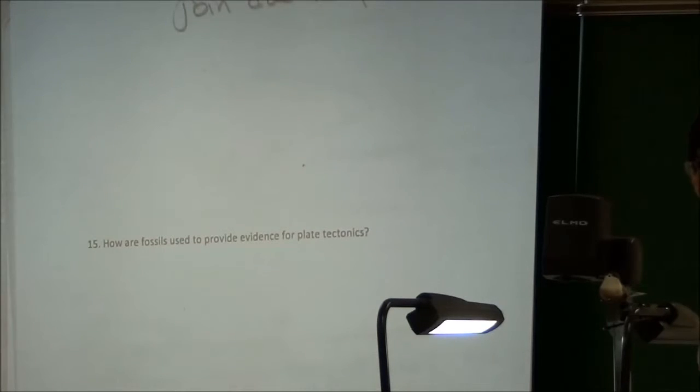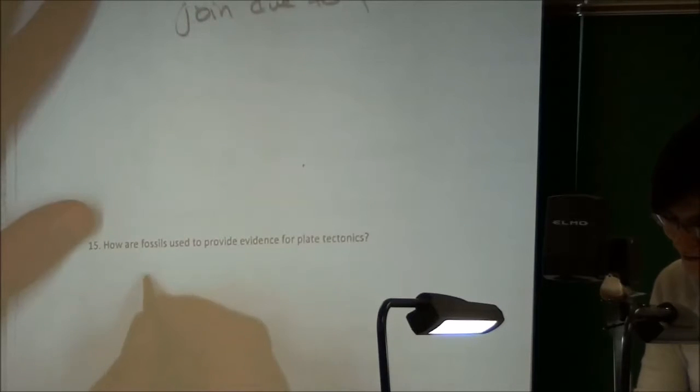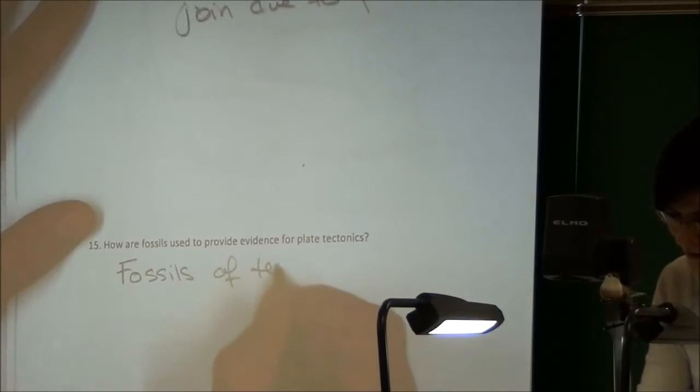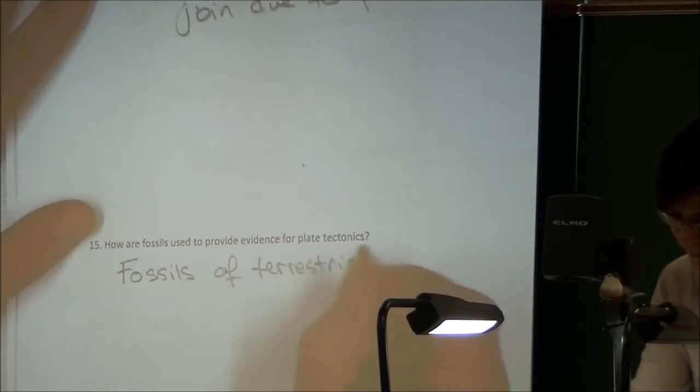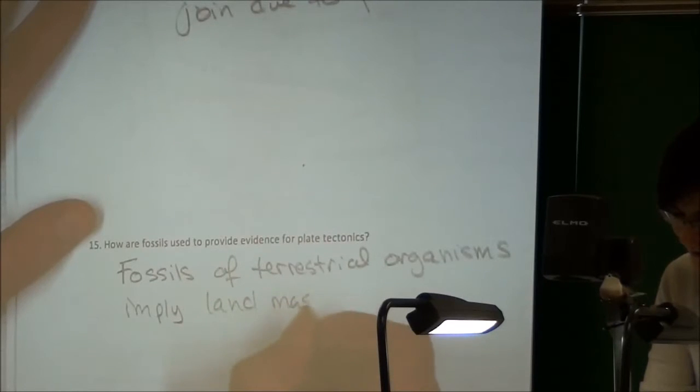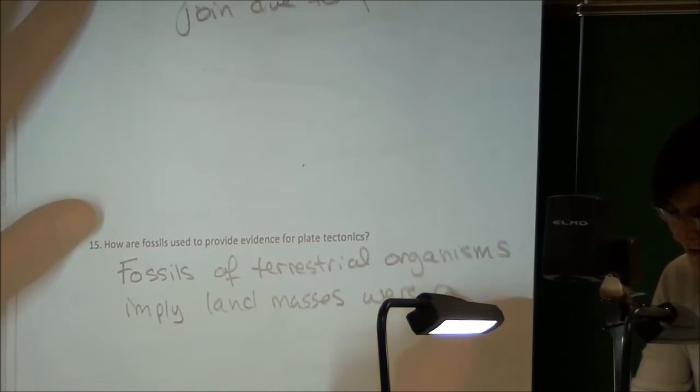For example, there are animals in Africa, and there are fossils in Africa and South America that are the same. Excellent, so there are fossils in Africa and South America that are the same. What other important feature are those fossils? Are those fossil fish? They're land fossils, aren't they? Right, exactly. So terrestrial fossils of terrestrial organisms imply land masses were once connected